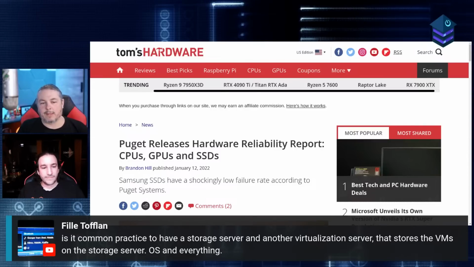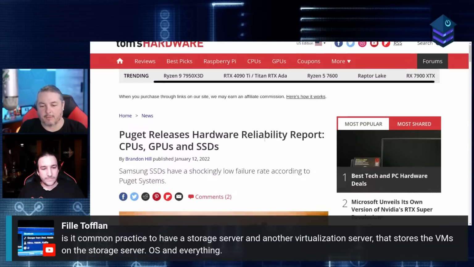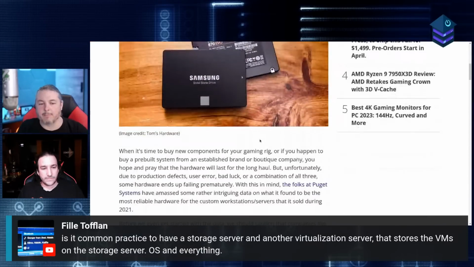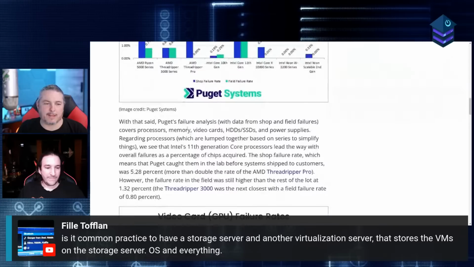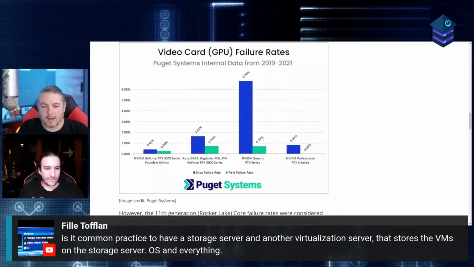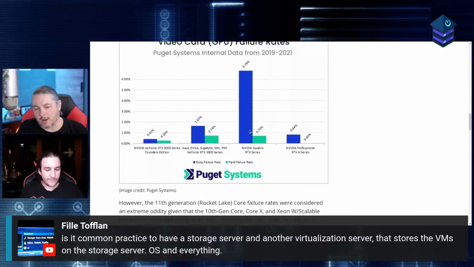But if you read this, and I can throw a link to this for people interested, this is Tom's Hardware. This is a review from Puget Systems on hardware reliability. They're a high-end builder of systems. It's going to be kind of small to read on the screen, so let me throw a link in there for all those following along at home. Basically, too long, didn't read, with a limited exception of this